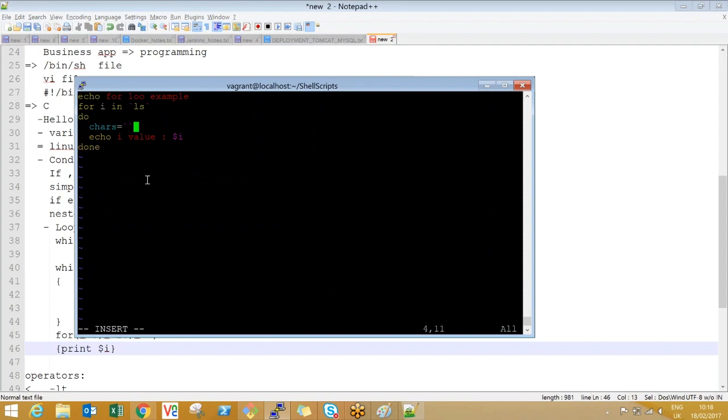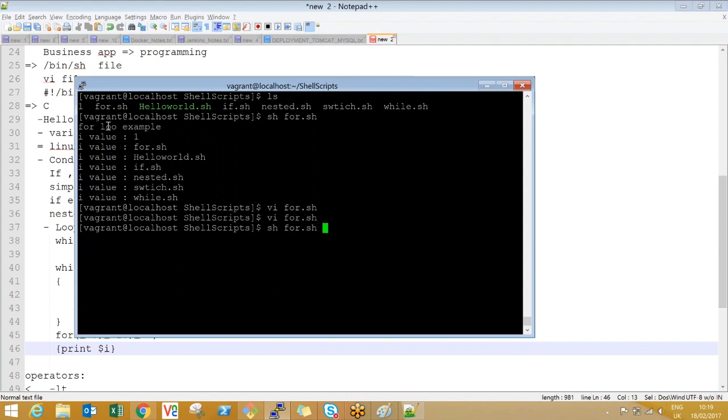cats equal to, echo $I | wc -c. What is wc, guys? It's an entirely Linux command. I'm printing the I value, getting the character count and storing it, and then I will echo $cats.